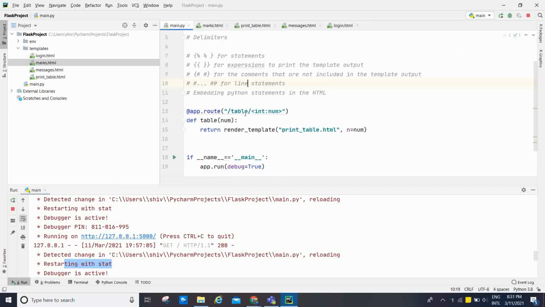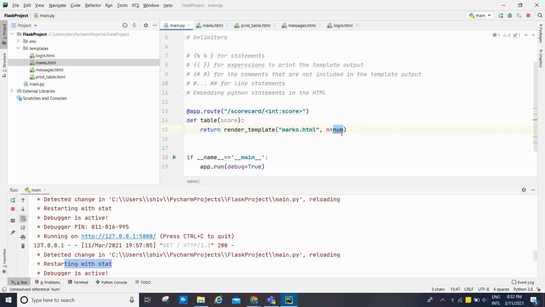Now I'm going to change the main file. For that, instead of table I am going to use scorecard. Okay, and then we are going to pass score, and what we are going to pass here is score, and then we are going to change it here to marks.html.